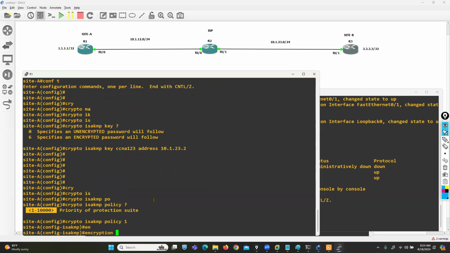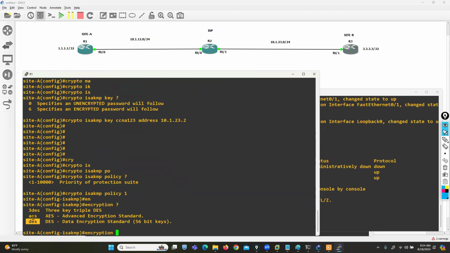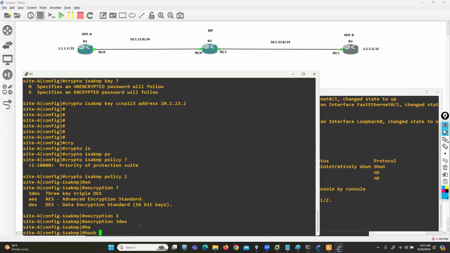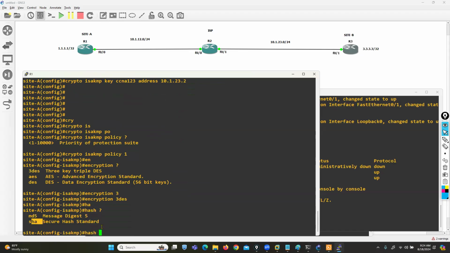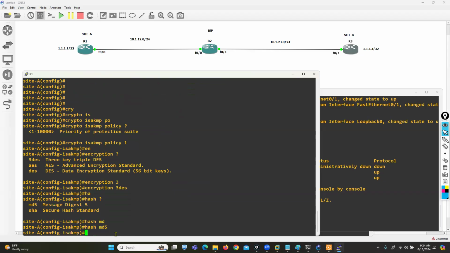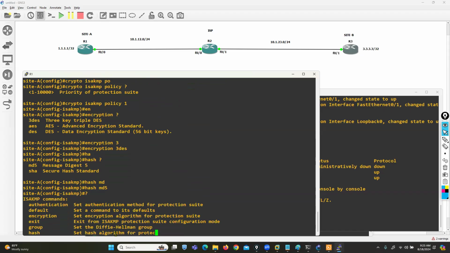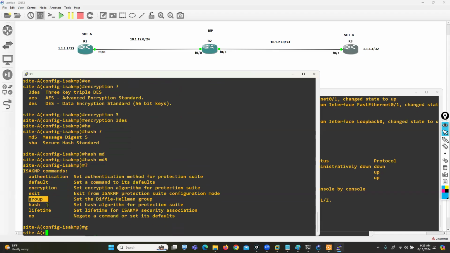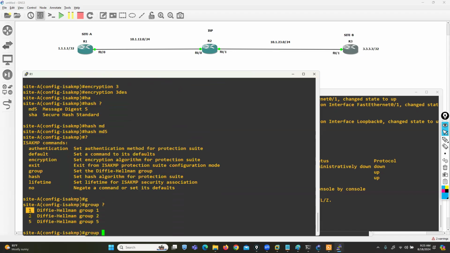For example, for encryption, you can go with DES, you can go with AES, you can go with triple DES. So I'm using triple DES. For hashing, you can go with MD5 or SHA. For example, I'm using MD5. For the Diffie-Hellman group, here we have 1, 2 and 5 only. But if you are working with any high-end router, you can get other Diffie-Hellman group information. I'm talking about bit size. If you go with Diffie-Hellman group 1,